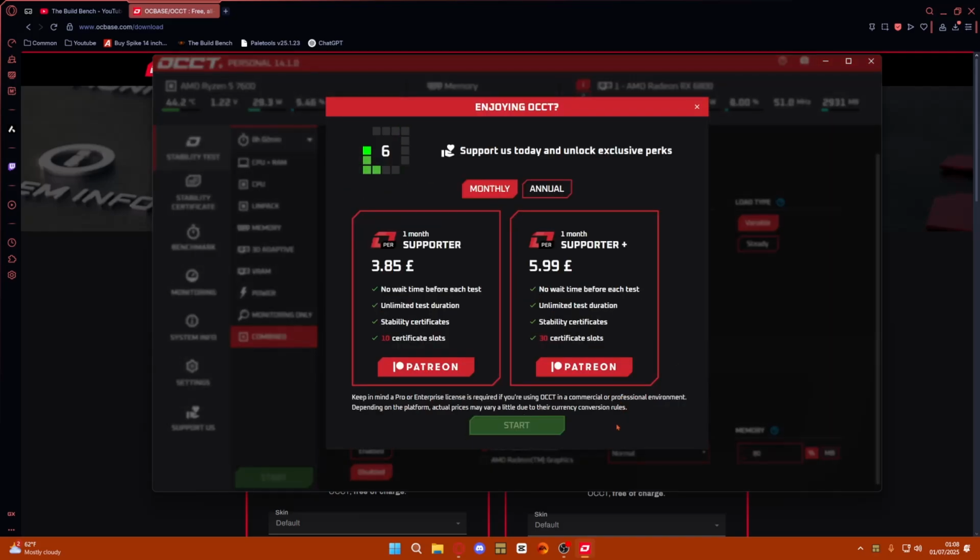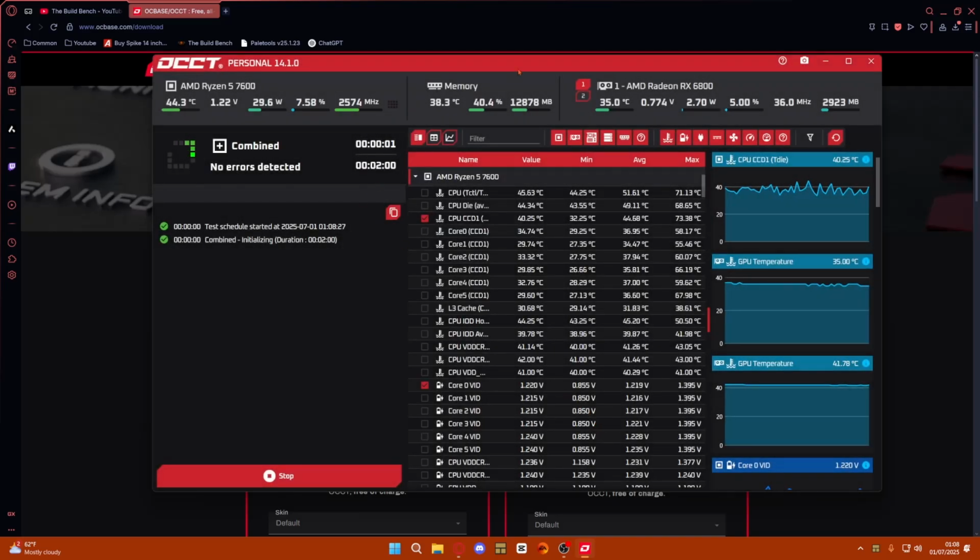But yeah, basically, you want to run it on normal. If it throws nothing up, you want to run it on extreme. If it throws nothing up, then there's no issues. I like running this test, especially on your memory, like your RAM, because yeah, see, it's running it now on extreme. Basically, because if you're running